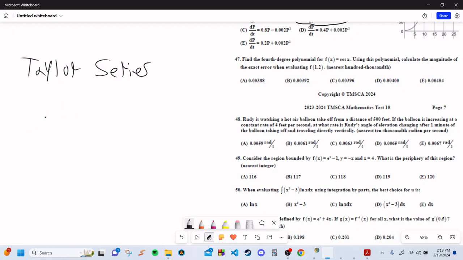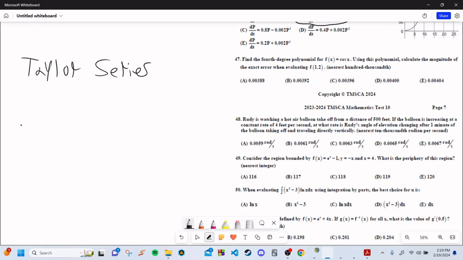The way you get any Taylor series is, let's just call this g of x. If I'm trying to approximate this function f of x, which in this case is cosine of x, the way I do that is